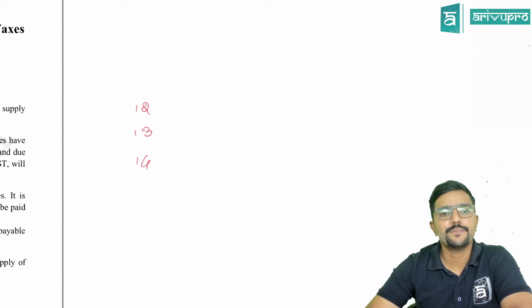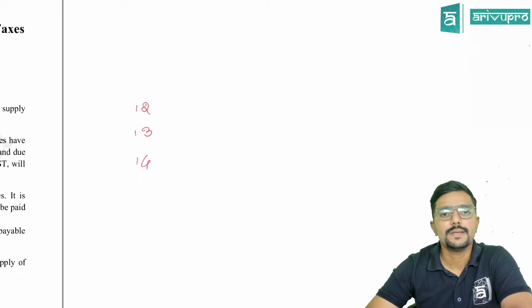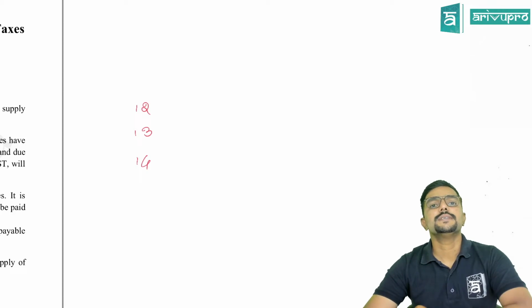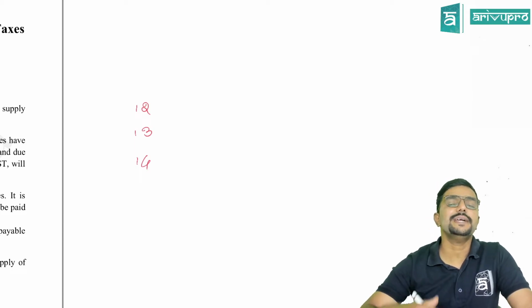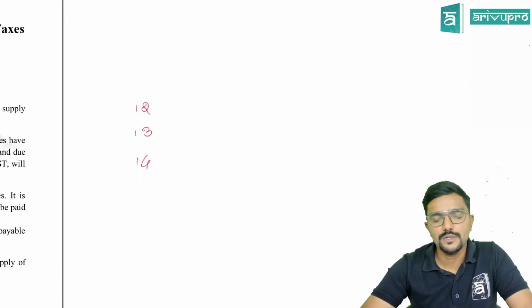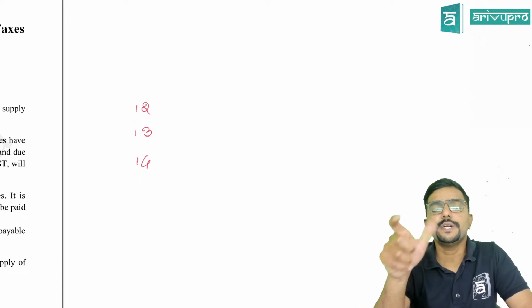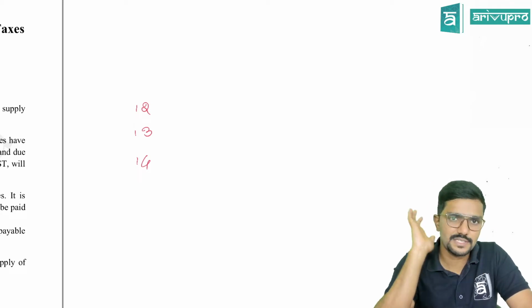In contents you take time of supply in case of change in rate of tax. In case of change in rate of tax means sometimes rates change, like it may increase or decrease as per the government notification. Agree? So in that case, how to determine the time of supply is given in section 14, which is the last section in this chapter.